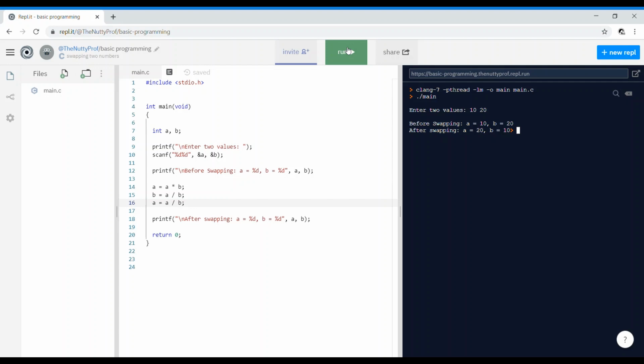It's all about how you plan on placing the statements. It's just a matter of three statements, and the plus, minus and the multiplication, division follow similar logic, as well as the previous one also follows a similar logic. In the previous one with the third variable, it's just a matter of A or B, which value you want to give to the temporary variable to store prior to overwriting. Here, whatever is done as addition, you can replace with multiplication. Whatever is done with subtraction, you can replace with division.